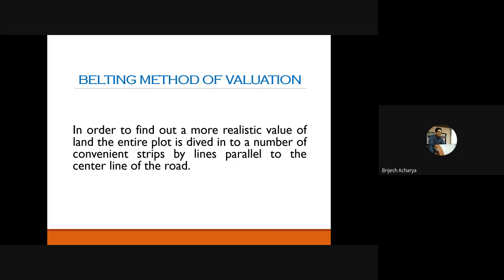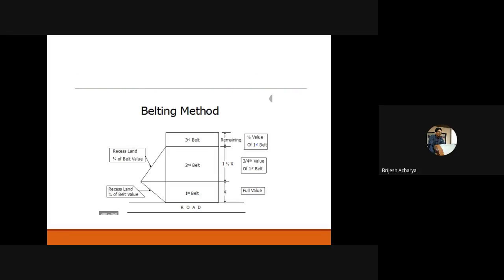So in such circumstances, the developer or builder can apply the belting method of valuation, and using the belting method of valuation, he can attract the people and sell all his plots. How? Just see in the next slide. So you will see here